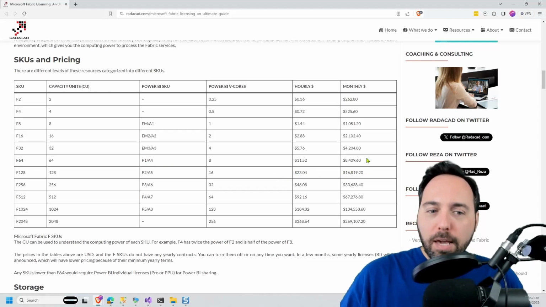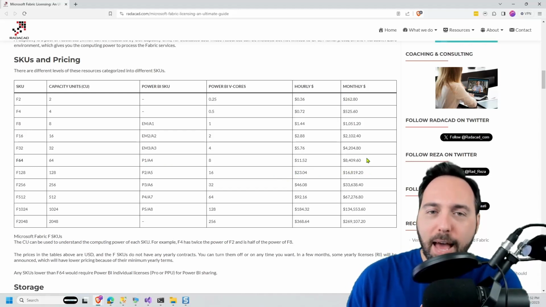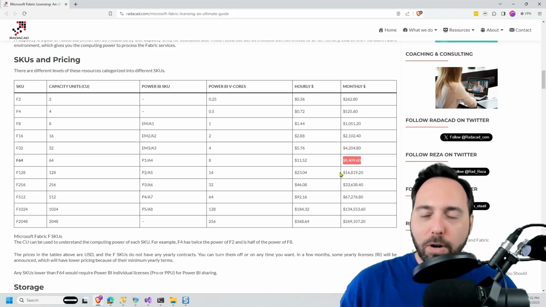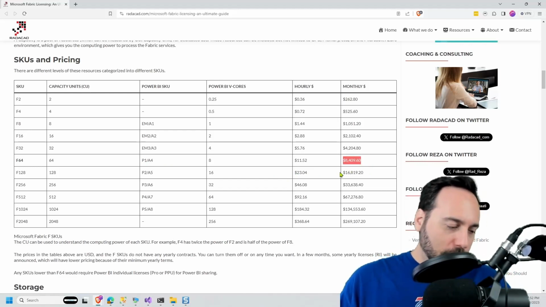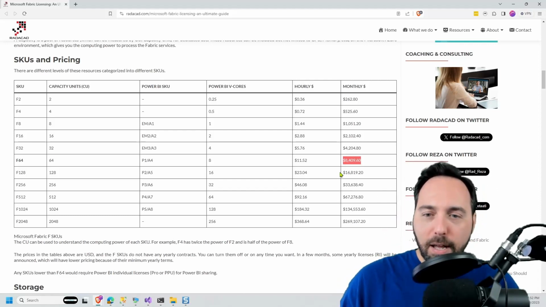Now, the good news of Fabric is that within that $8,400 a month, there really aren't many, if any, additional costs. So this is software as a service pricing versus platform as a service or infrastructure as a service pricing. So they're basically saying it's all in.